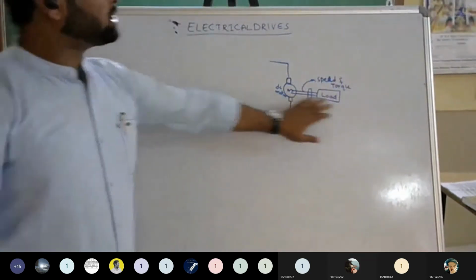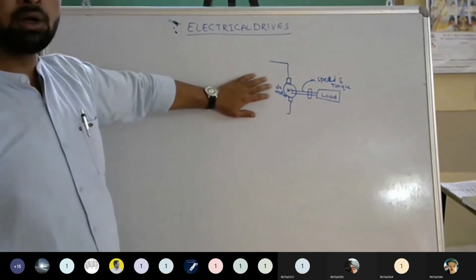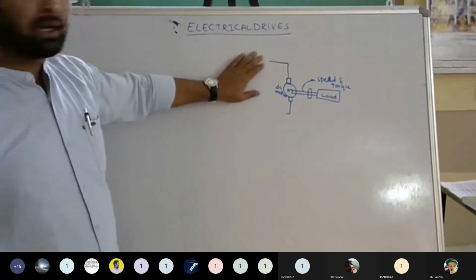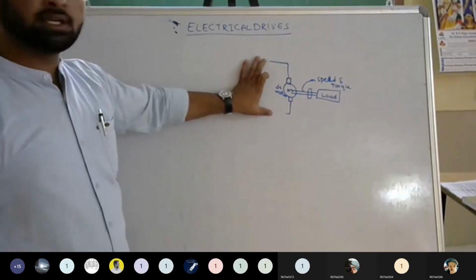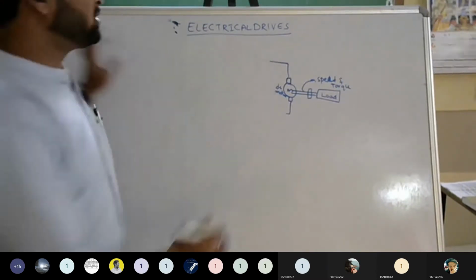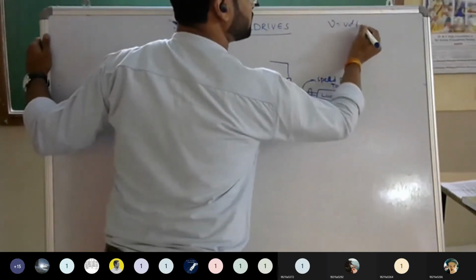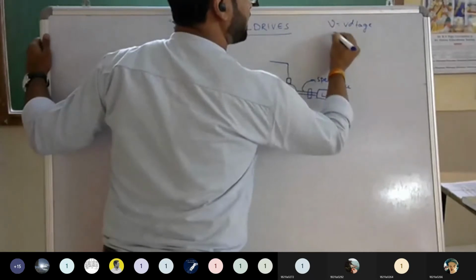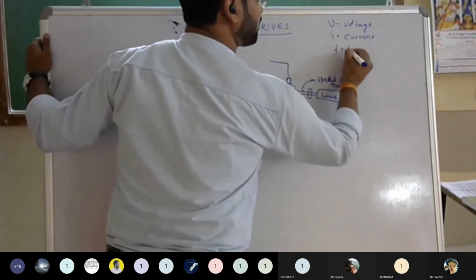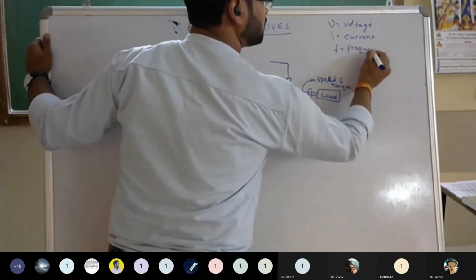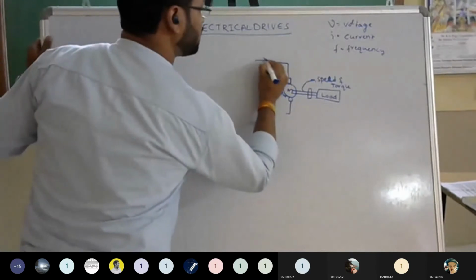So how will you control the speed of the load from this motor? Generally, how will DC motor speed be controlled? Either by the current or frequency given to the motor, or otherwise the voltage supplied across the motor. These are the controllable things. So from now onwards, remember, if we write V, it is voltage, I is current, and F is the frequency.